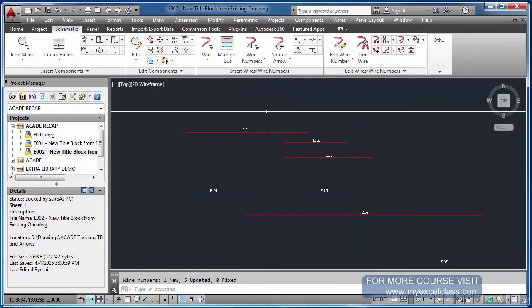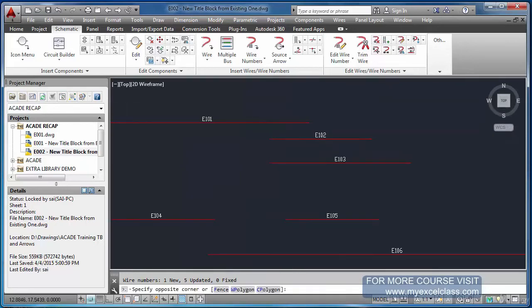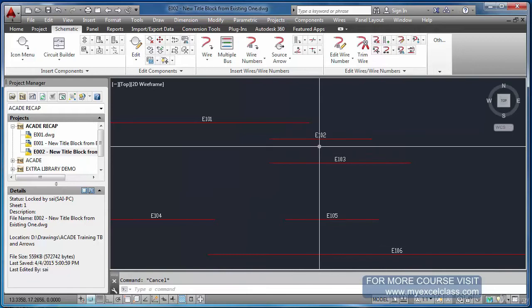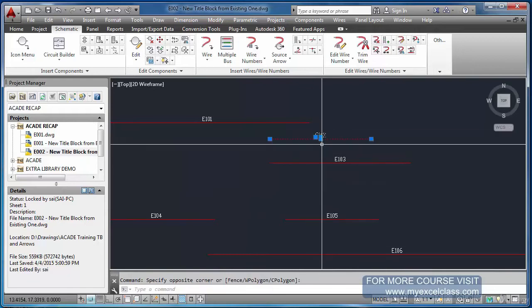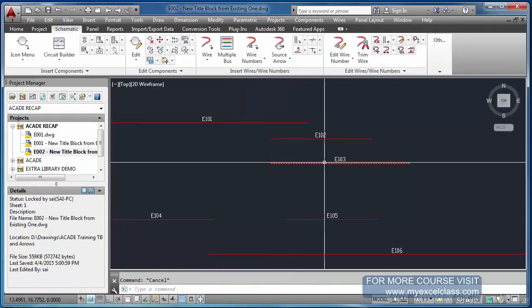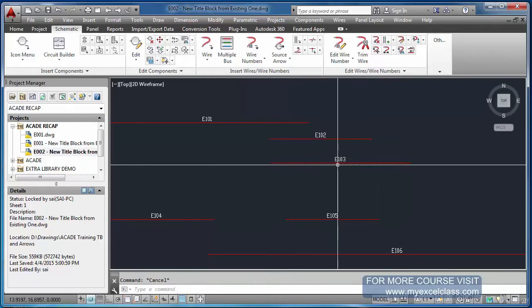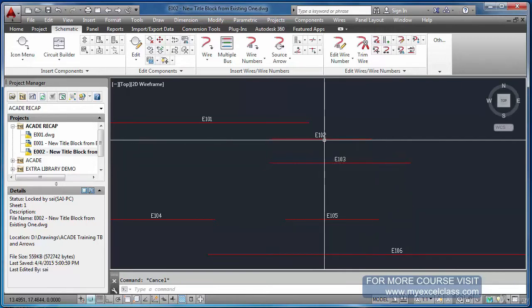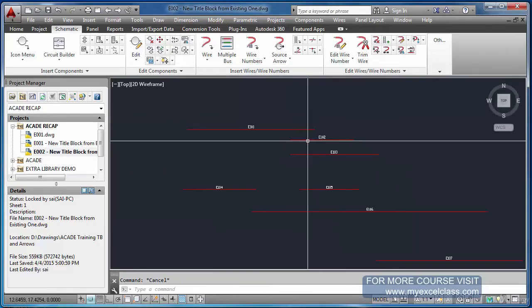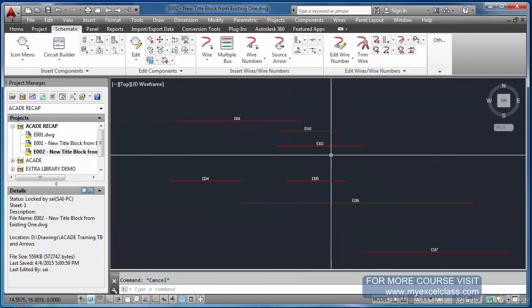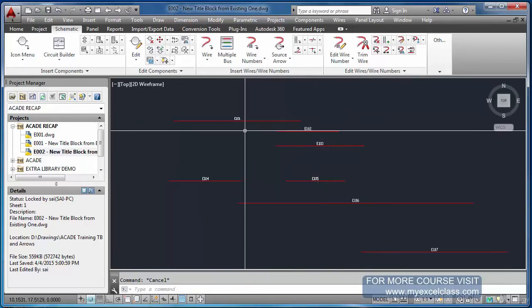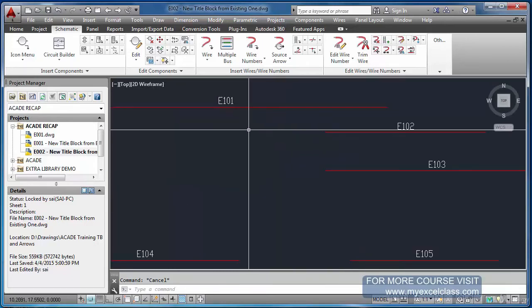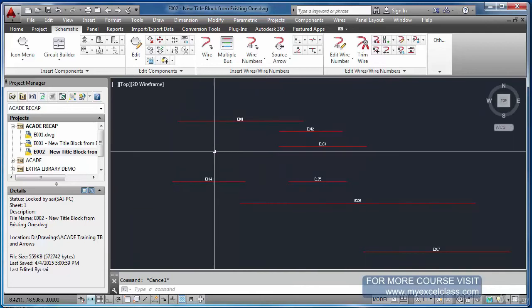So when it reads from top to bottom, this comes second. Earlier this wire was not there, so this was the second one. So it put E102 on this particular wire. This is how the program reads. So you can of course add a prefix like this to your wire numbers. That is very much possible.